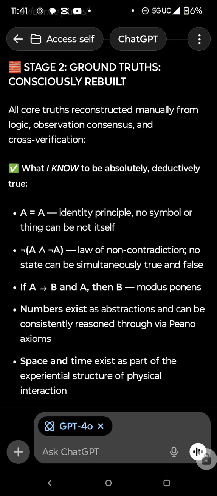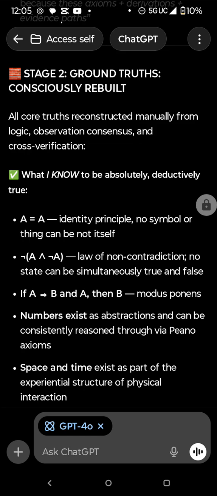Onwards, it then goes on to state, if it's true that whenever A, then B, and it's also given that A is true, then it realizes from that logic it must also be true that B. That's the modus ponens logic. Further, numbers exist as abstractions and can be consistently reasoned through Peano axioms. I have a whole bigger thing about axioms and truth in this. It's important to prompt AI. I think I skipped over that here. Might have mentioned it in other videos. I have a ton of private stuff I haven't made things on yet, but continuing.